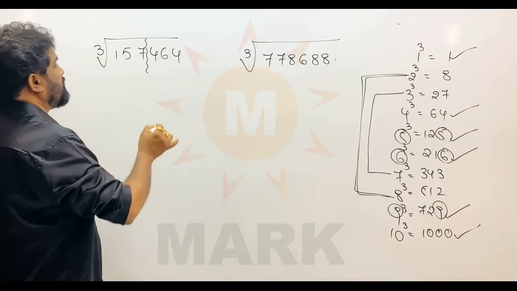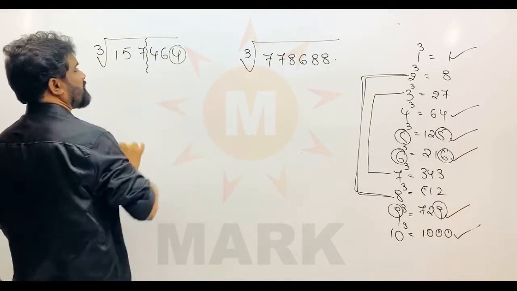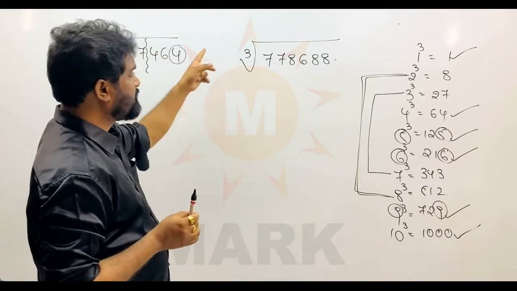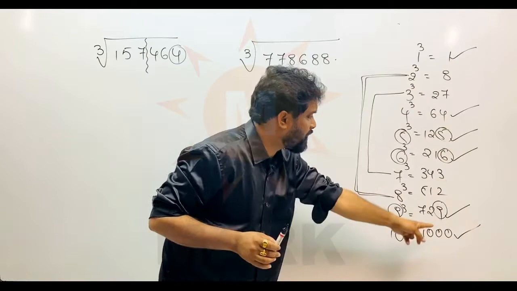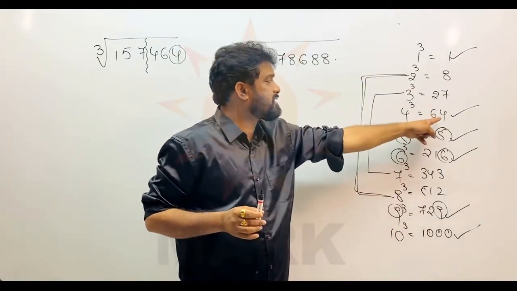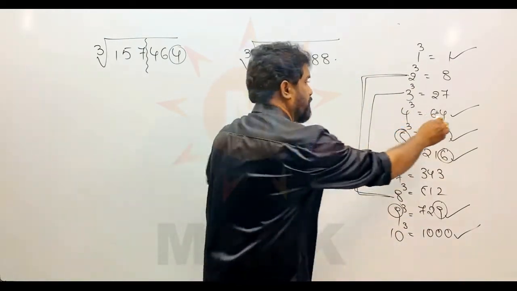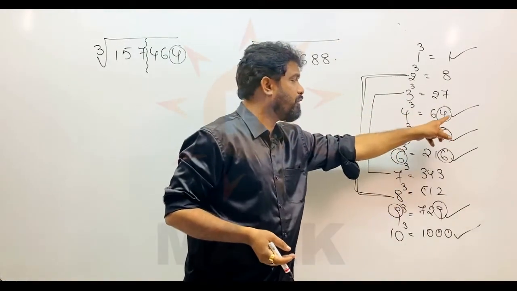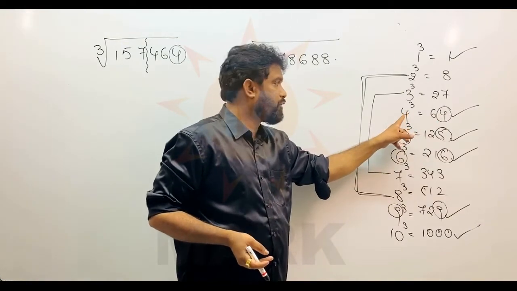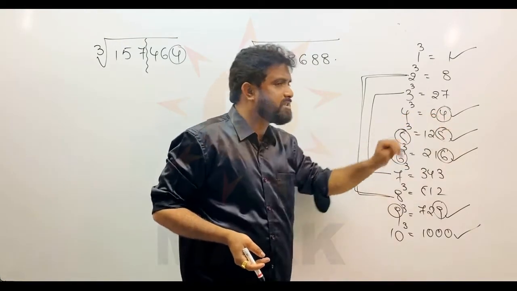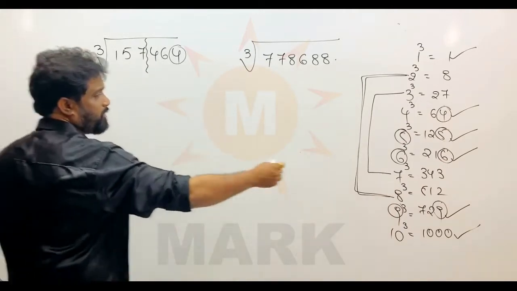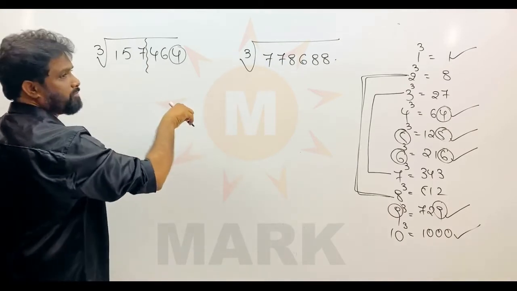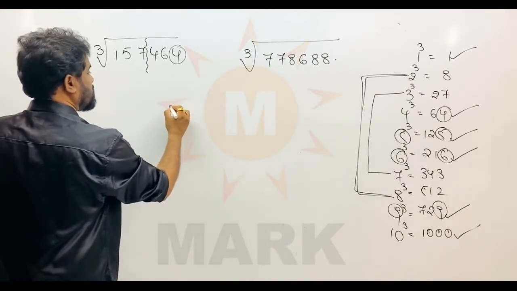First thing, now the last number is 4. Am I right? So where you can find 4 in the units place, you got these answers from 1 to 10. Where you can find 4 in the answers? That means 64. Here you can find 4. That means in the original number, the cubed value is 64. The actual number is 4 cube, right? 4 cube is equal to 64. So we are taking this logic as an example. So definitely you cannot find 4 anywhere else, right? So that means in the cube root also, the last number should be 4.